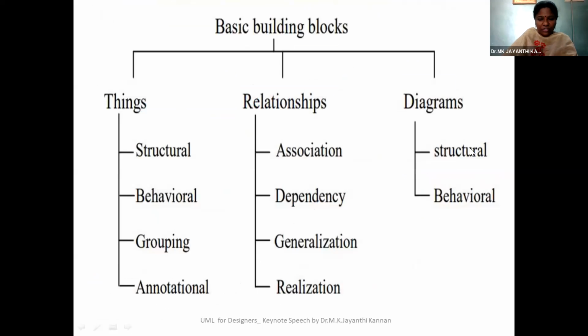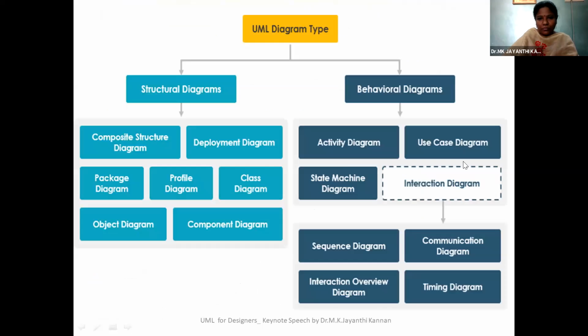And you need to differentiate between the structural components and behavioral components. So just now we discussed behavioral diagrams and interaction diagrams. The activity diagram, use case diagram, state machine diagram, and the interaction diagram, these 4 diagrams come under behavioral diagrams, or that will represent the behavior of your overall system. If you want to represent the internal behavior or external behavior, we will go for the behavioral diagrams. And to represent the class or profile or package or object, we will go for structural diagrams.